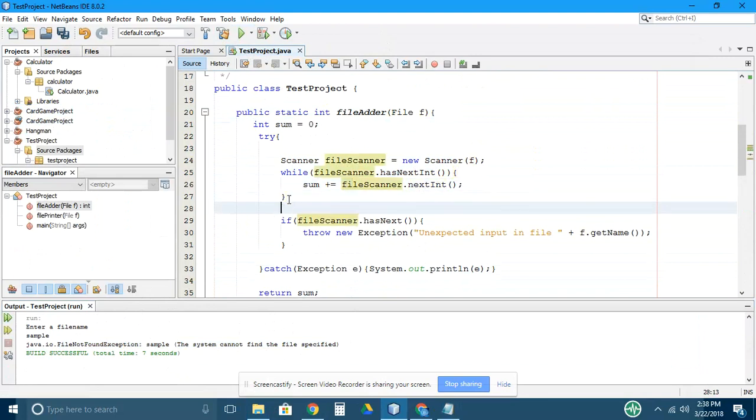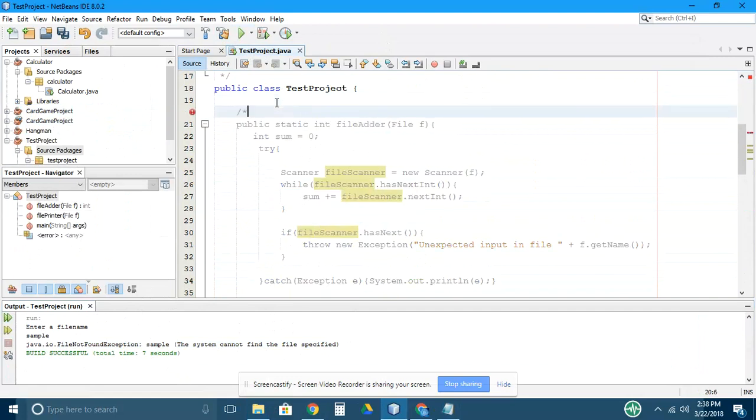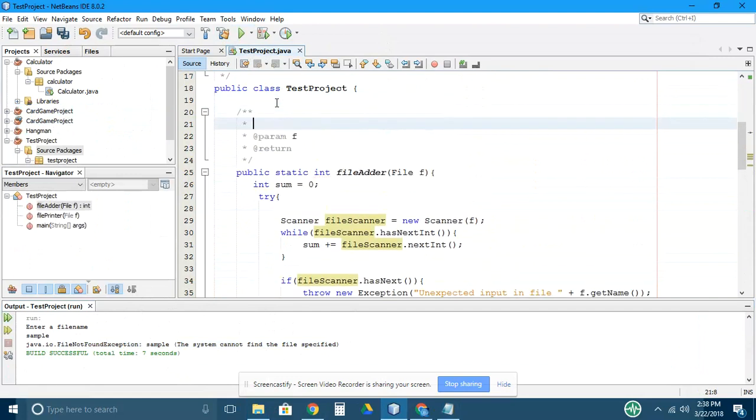Now, that looks like it works fine. There isn't an issue, except there's a chance that I might have a bad input type or a bad line. So my expectation or my precondition for this method might be that we'll do at param precondition. And we might say that the file f contains